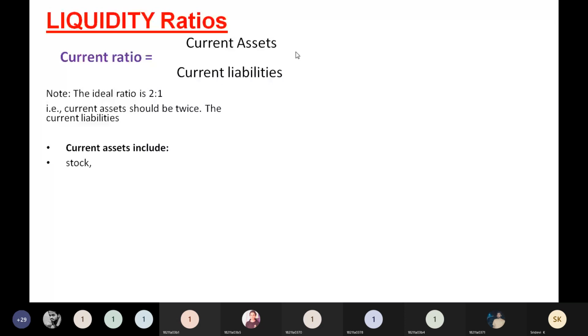Work in process means some material will be in processing. It is not under semi-finished, or under finished goods. Still, it is at the machinery. It is under the process of producing the product. So all these four items will come under the stock. If you see any of this, you add it as stock under current assets. Stock is also called inventory. These names you must keep in your mind.